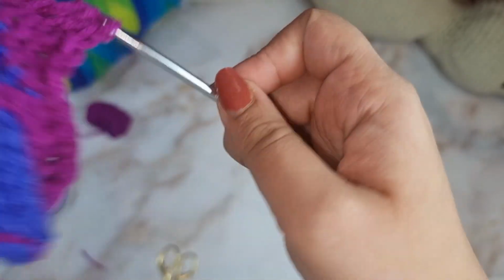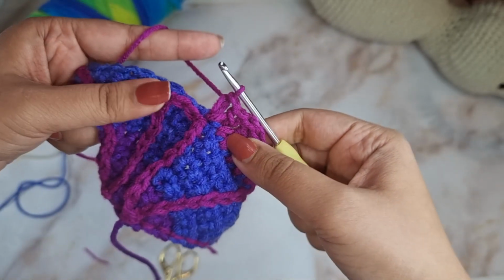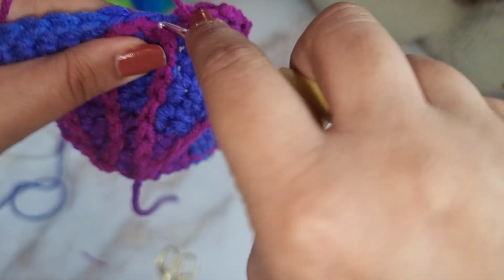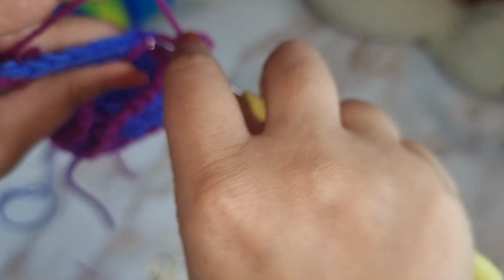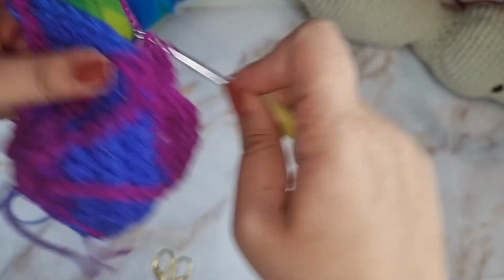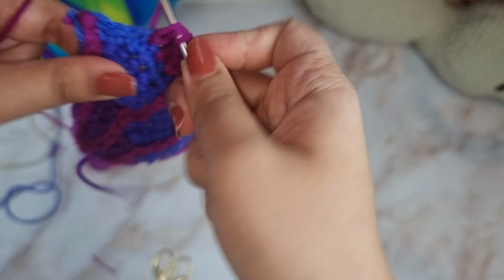followed by another triple, followed by a double. I have another scallop, end it with a single crochet. Into this next section, it's a smaller section, so let's do a small one. Let's do a single crochet, let's do a double crochet, another double into that same stitch, and into the next one let's do another single, into the last one let's do a single, let's do double, 2 doubles, 1, 2,